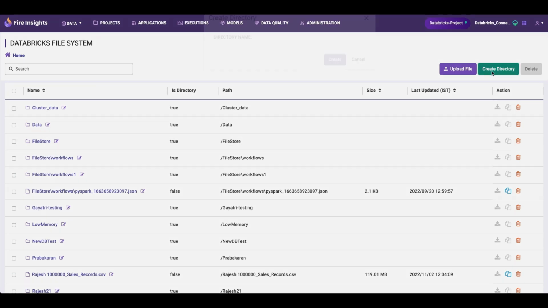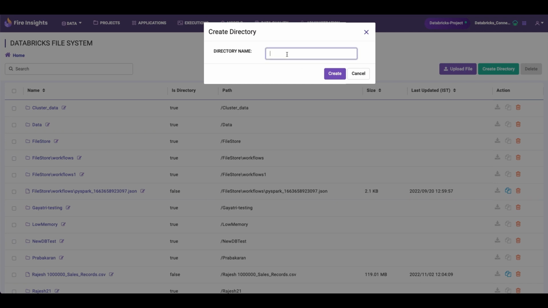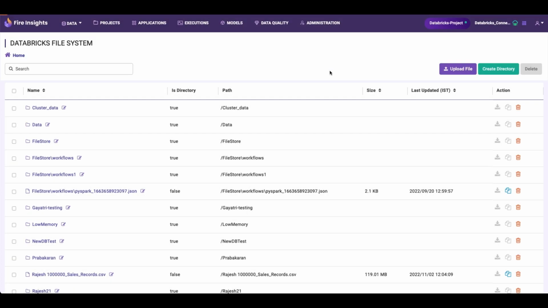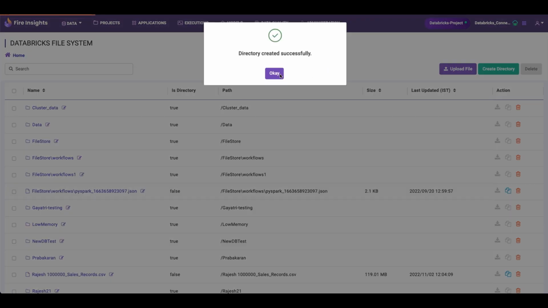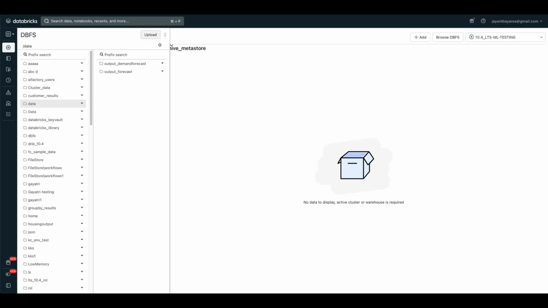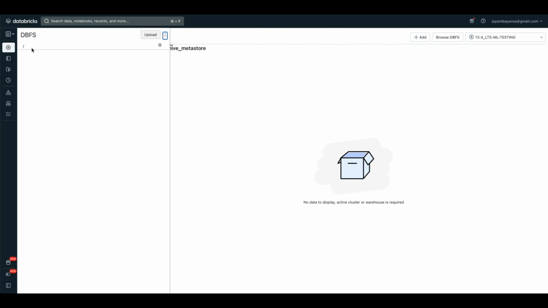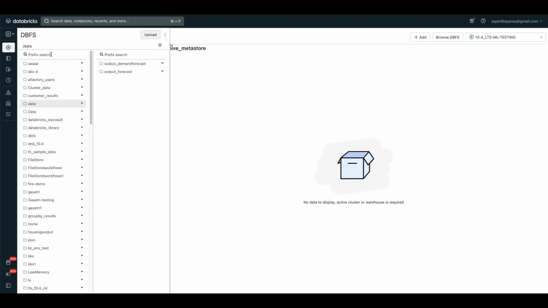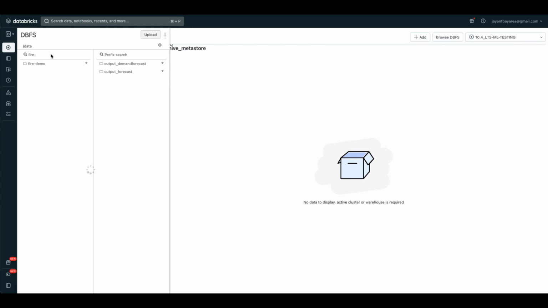Now let's create a new directory. And to validate that the directory has been really created, we can always go to the dbfs file system and search over here,